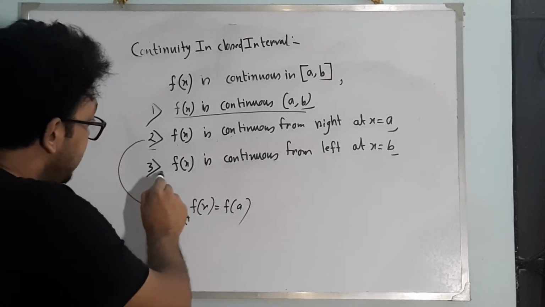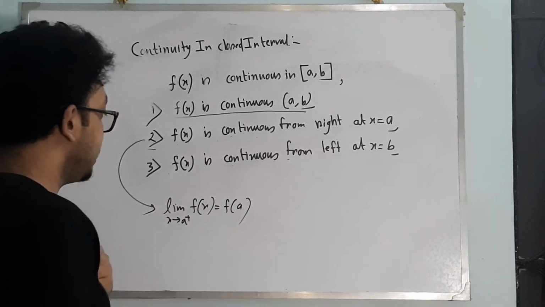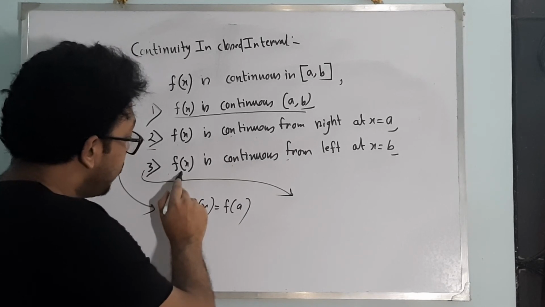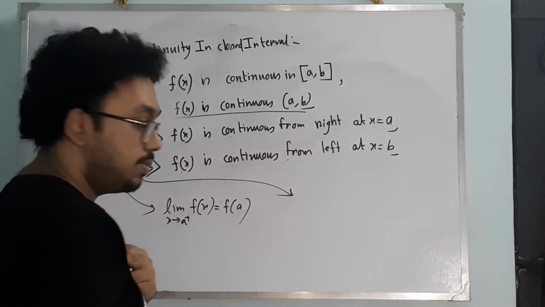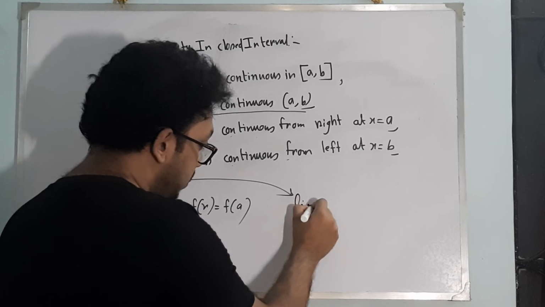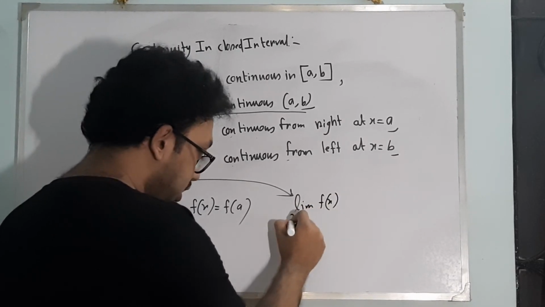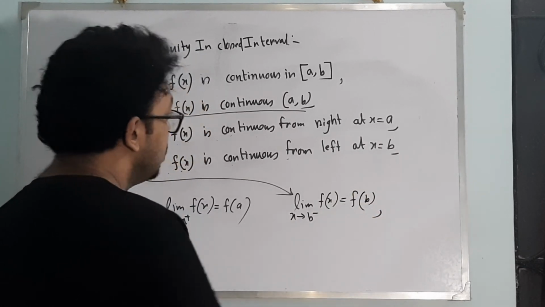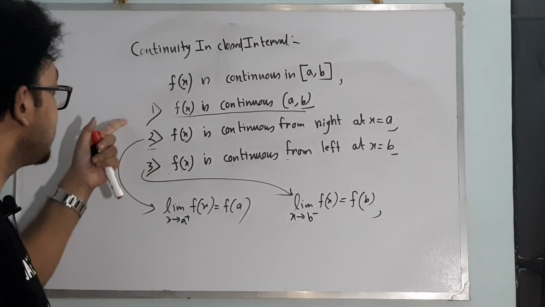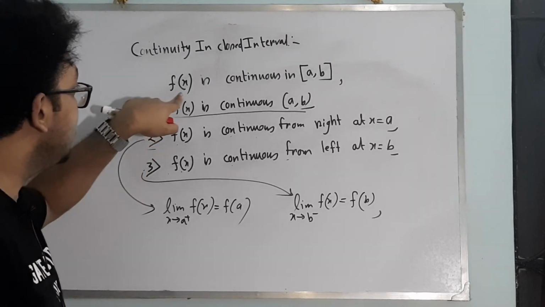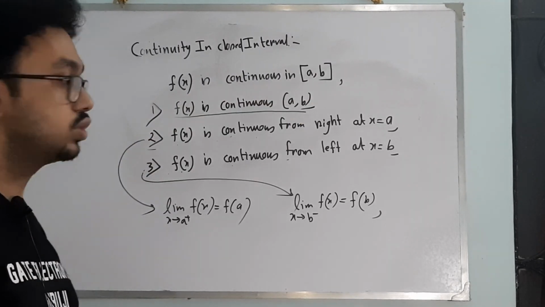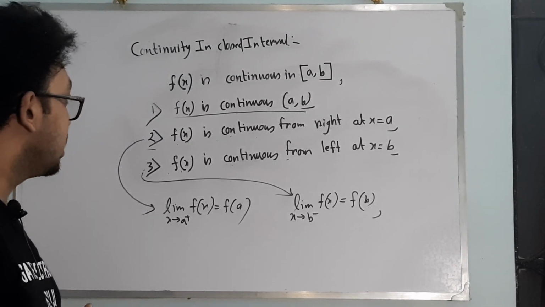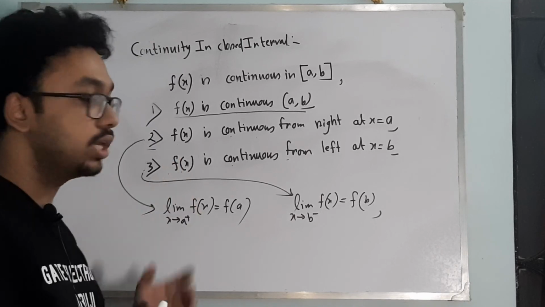And the third condition is f(x) is continuous from left at x equal to b. This means that the left hand limit for the function f(x) at x equal to b should be same as f of b. So all these three conditions, if simultaneously satisfied, only then f(x) is said to be continuous in closed interval a comma b. So by this we complete the theoretical concept that we need to know from the concept of continuity,